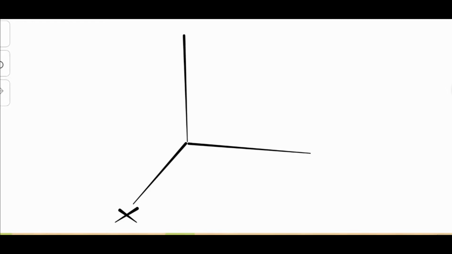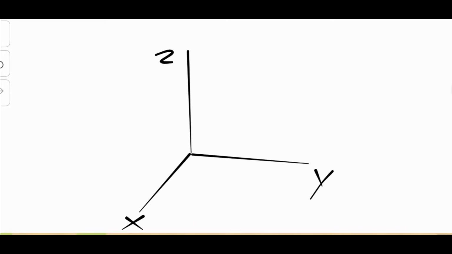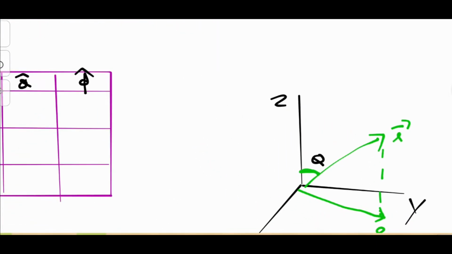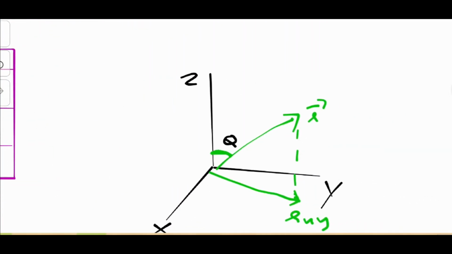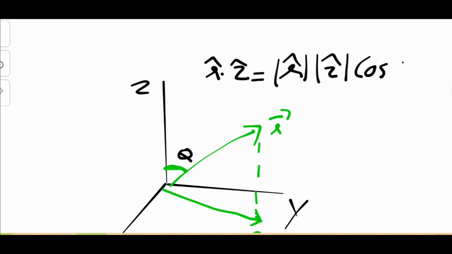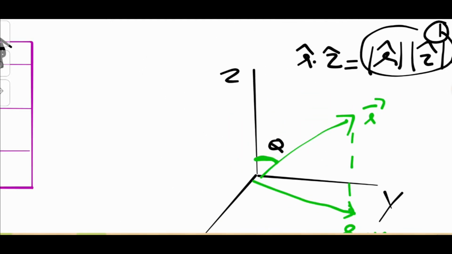So what we can do is assume our right-handed coordinate system x, y and z, and we can consider our vector r, which will have a projection on the xy plane, r xy. The angle between the z axis and the r cap direction is theta. So that's the only relation between z cap and r cap. So we can find the magnitude of these two vectors. z dot r will be equal to the magnitude of r and z times cos theta. r and z are unit vectors, magnitude 1, so it is just going to be cos theta.